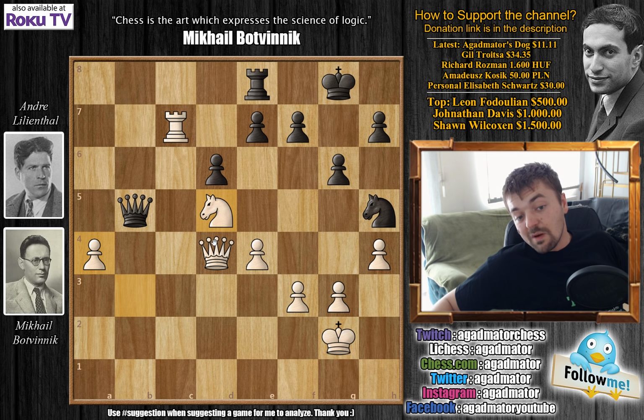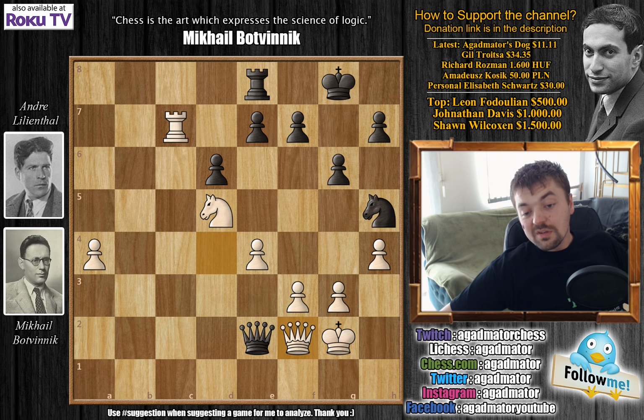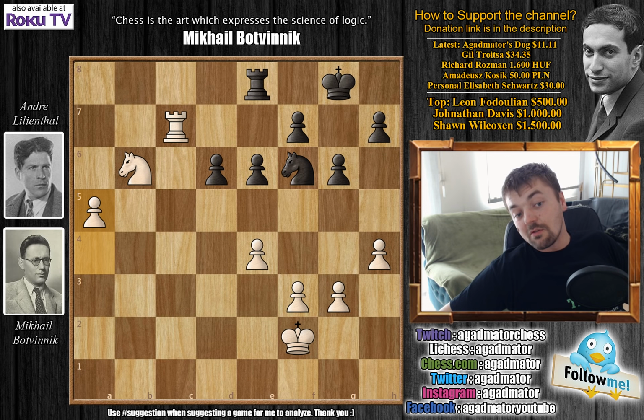So, very nice move by Botvinnik, but he also has to figure out what happens after queen to e2 check. Queen captures immediately loses to this move, so he tried queen to e2 check. We have queen to f2, and now queen captures. King captures, and now comes e6, protecting his pawn. We have knight to b6, knight to f6 now, a5, now that is a powerful passed pawn, so Botvinnik will